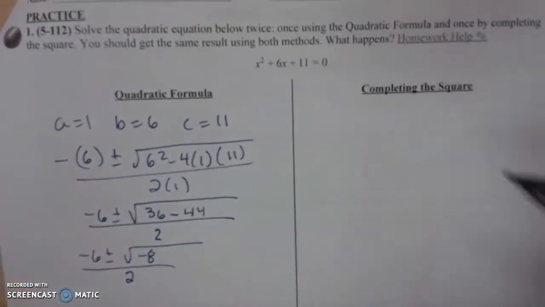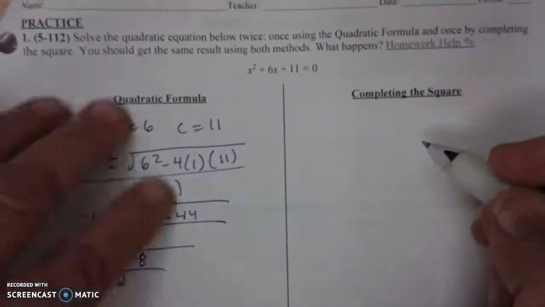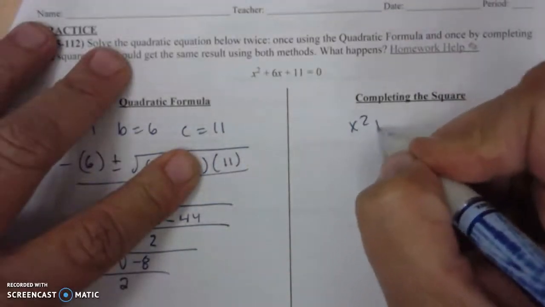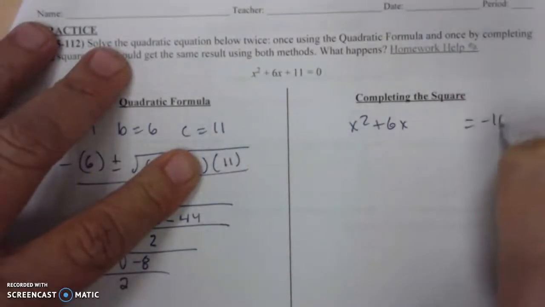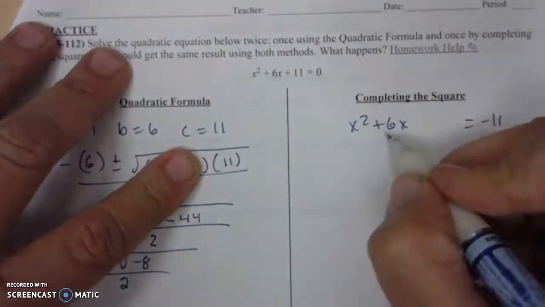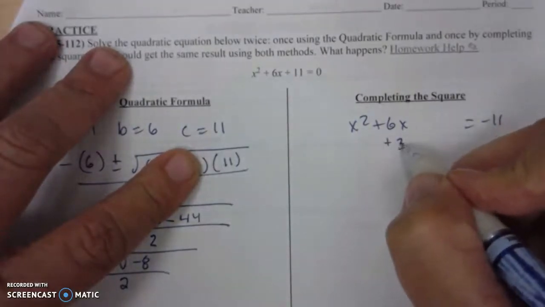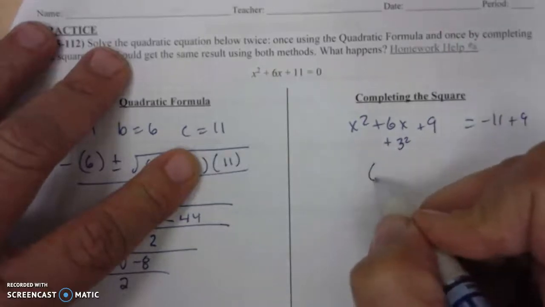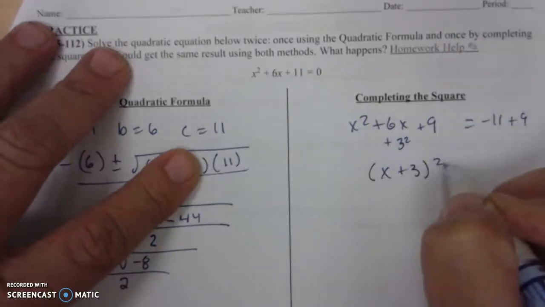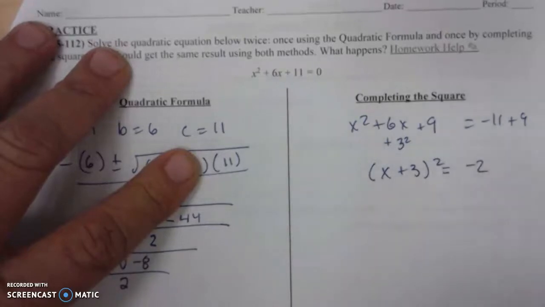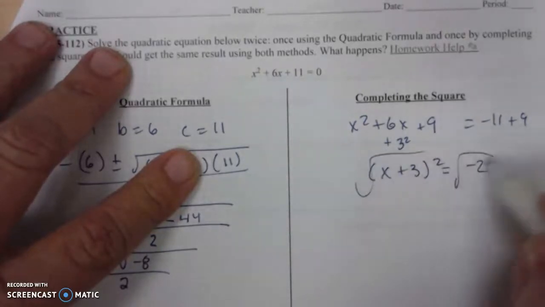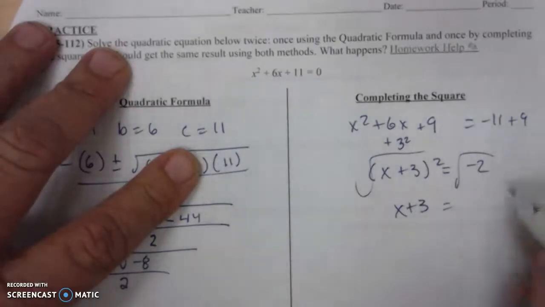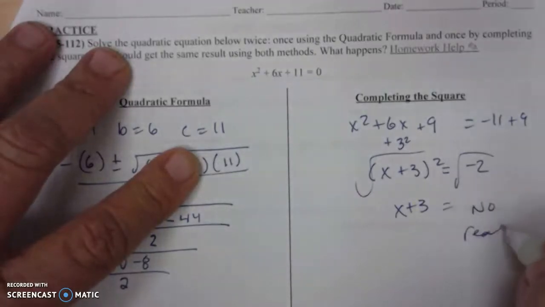Let's see what happens when we complete the square on this problem. By completing the square, we're going to take x squared plus 6x equals negative 11. Remember opening up that space. I'm going to add half of this one squared, so plus 9, and I'm going to get x plus 3 squared equals negative 2. Take the square root of both sides. Oh, look, you're going to get x plus 3 equals, and again, there's a negative number there, so no real